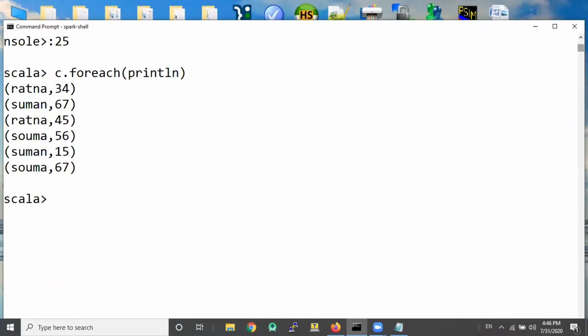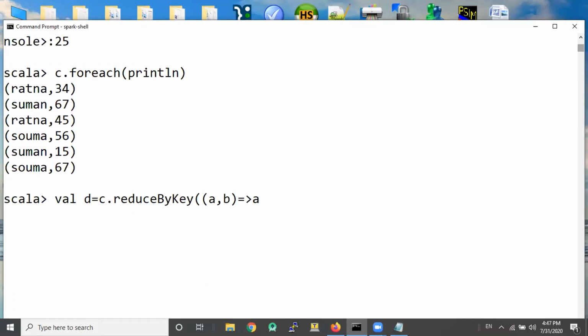So let's do val d, we are doing a reduce, equal to c dot reduceByKey. This is the syntax for a reduce. And here, as we discussed, what does reduce expect? It expects any pair of values for one of the iterations. And what do we give as the replacement for that?